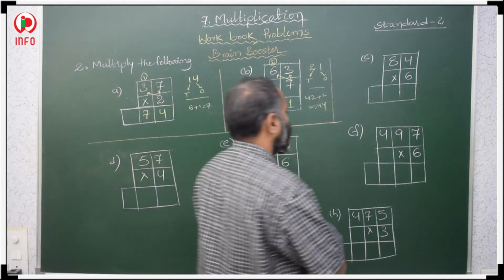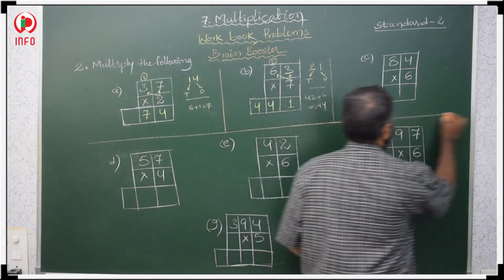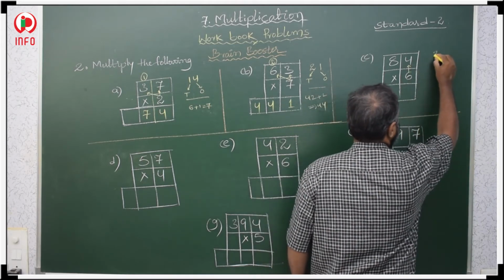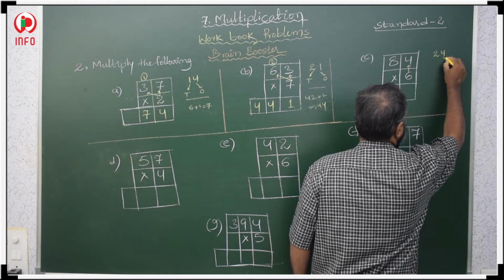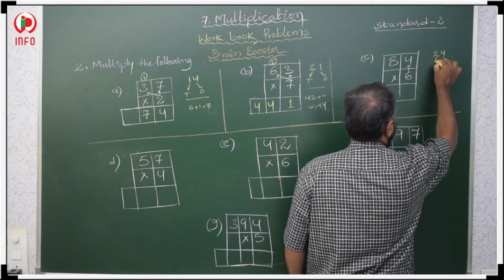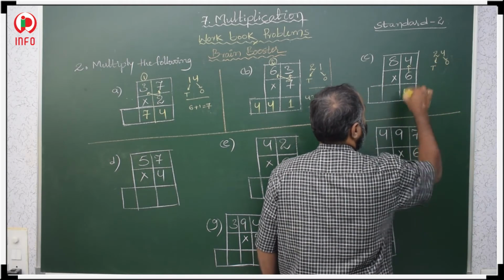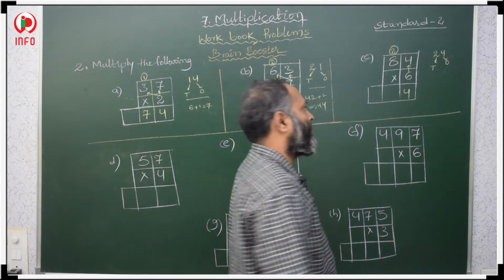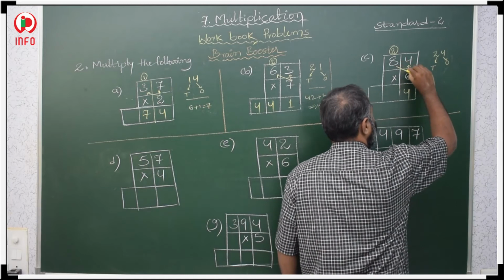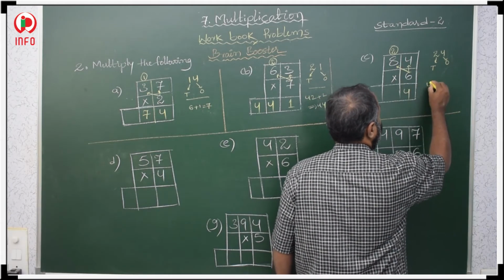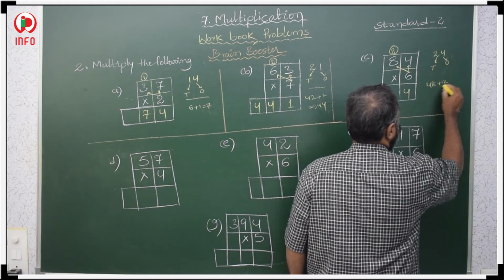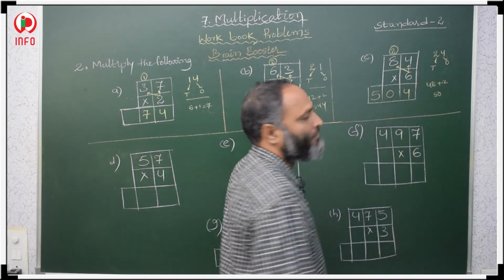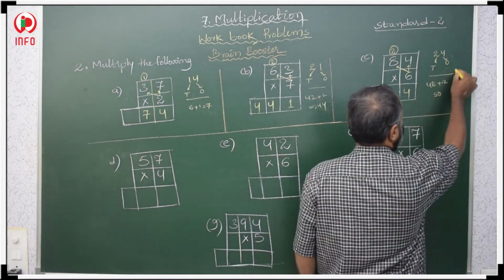Now, here the third one, 6 we have to multiply with 4. 6 4s are 24 in the first step. 4 ones and 2 tens. 4 in ones place, 2 we have to take carry over on tens place. Now, 6 with 8, 6 8s are 48, 48 plus 2, 50. So that 50 we have to write. In 2 steps we have to complete, first and second.